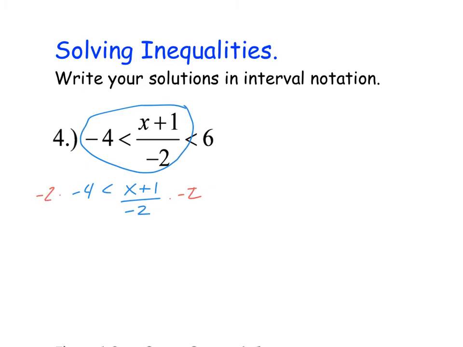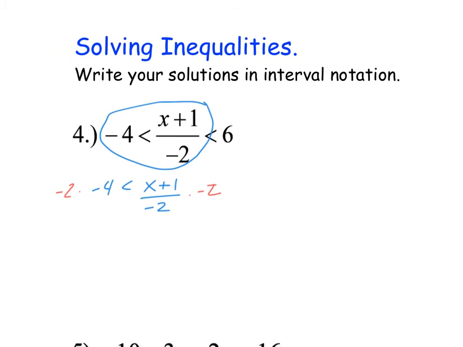The really only major difference is that when you multiply both sides by -2 on an inequality, the symbol will flip around. So we have -2 times -4, which is going to give us +8, now greater than